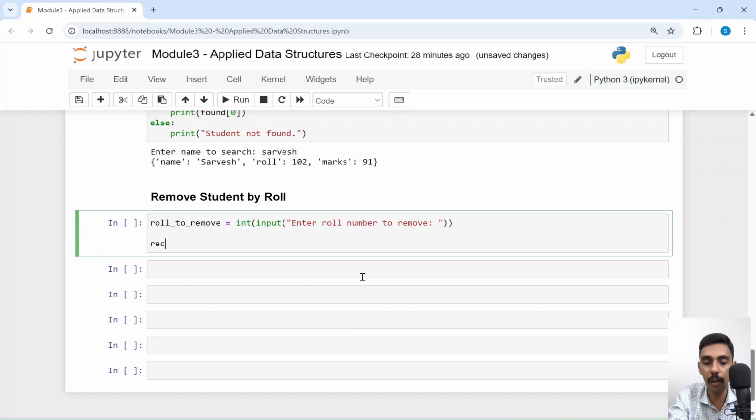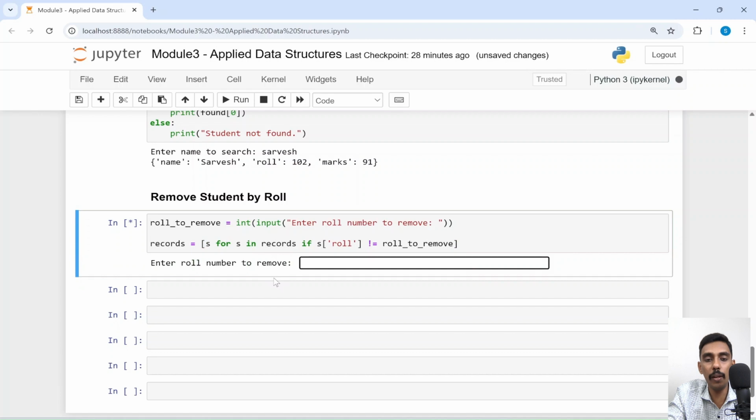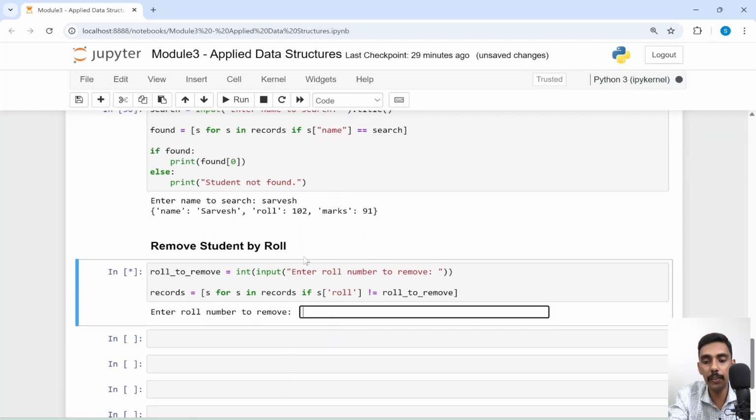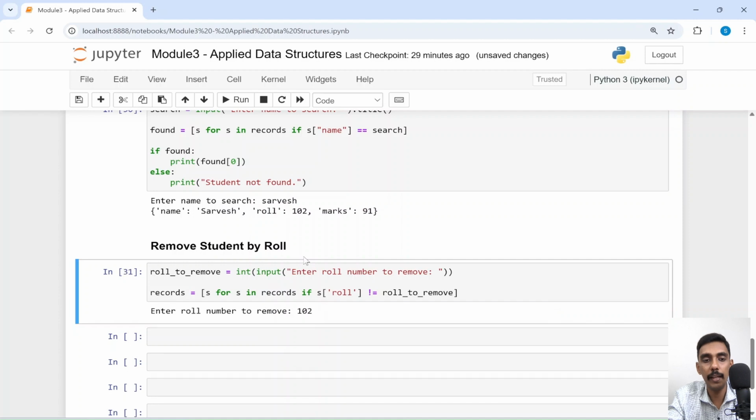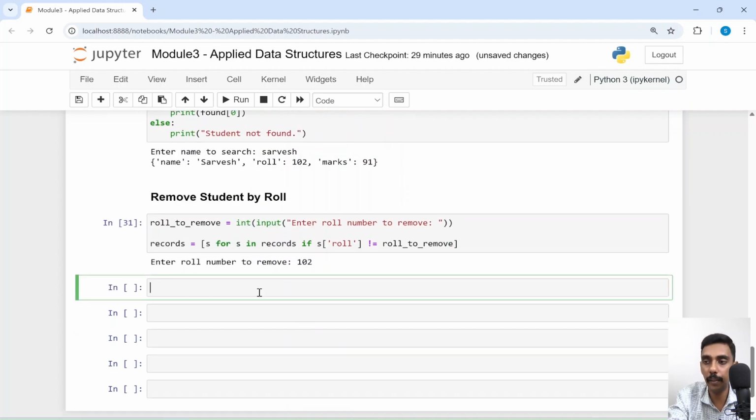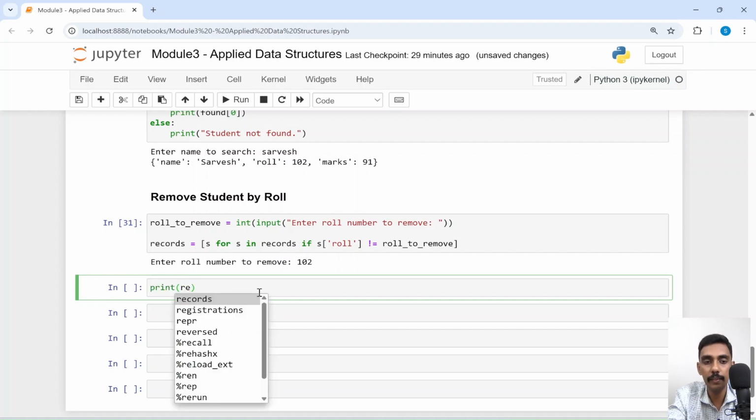Right, so now let's take the records, for yes in records, if yes roll is not equal to roll to remove, then put yes here. So this is the records. Enter the roll number to remove. So the roll number is 102. Remove it. That's it. Now if I have to print the records,